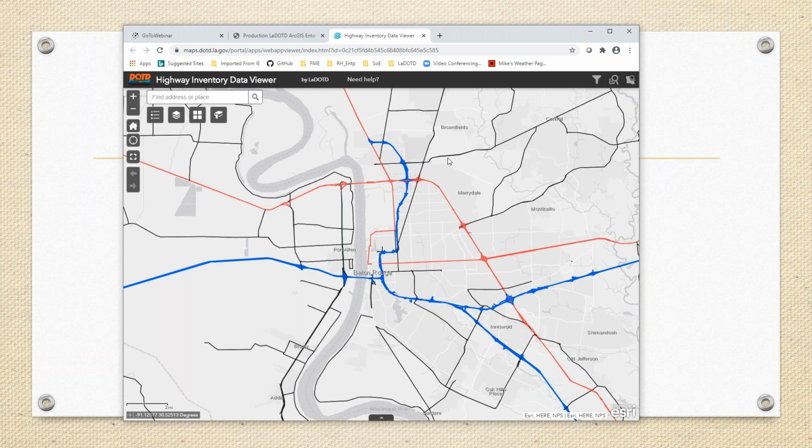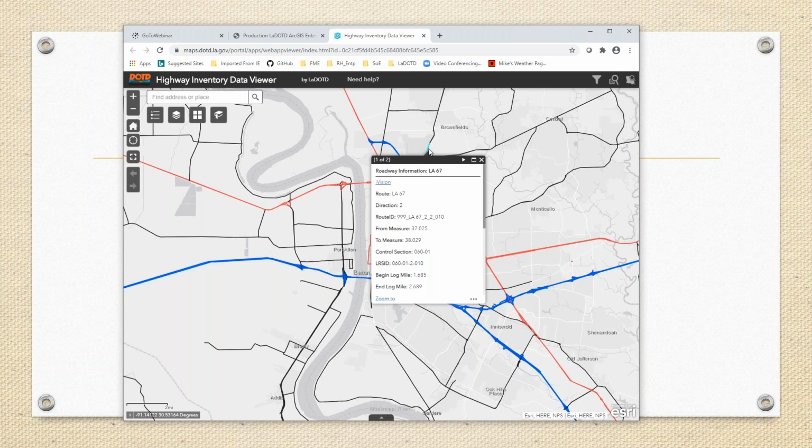And we were successful with this. So this is our highway data inventory viewer. This would be the modern version, I guess, of STL. And it gives the user the ability to essentially click on the map,